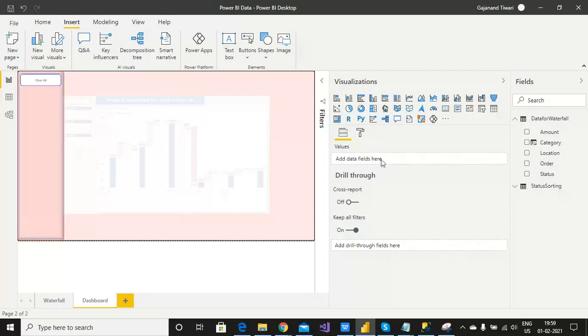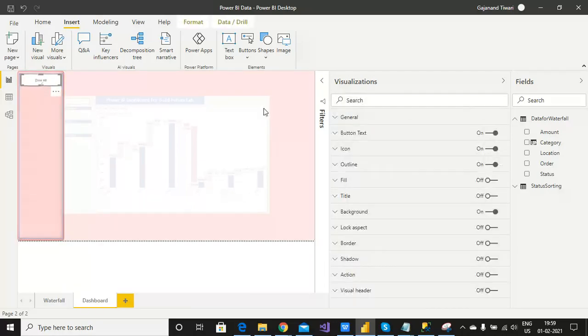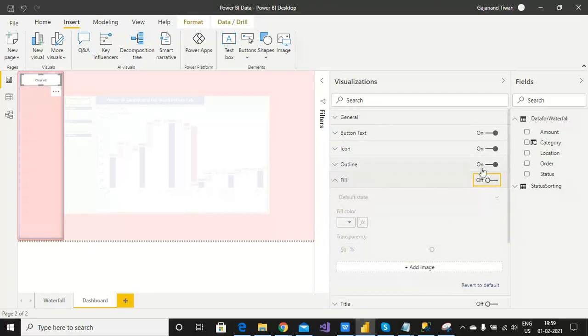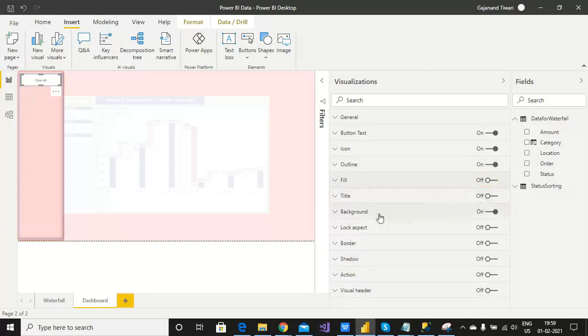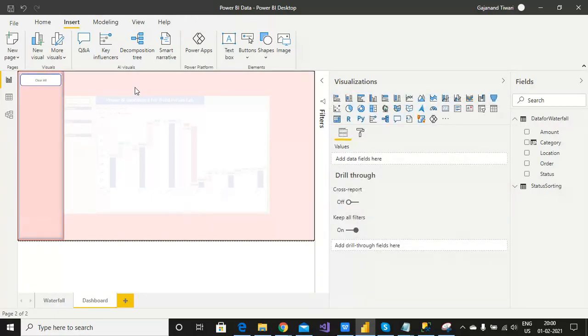So this way you can change it. Let's enhance this. If you want to fill anything, yes you can. Here I don't want to fill it, and I want to keep the outline as it is. You need to close the background. Yes, if you want to display this line, but I don't want to display this. I want it to be displayed separately so that I can understand.